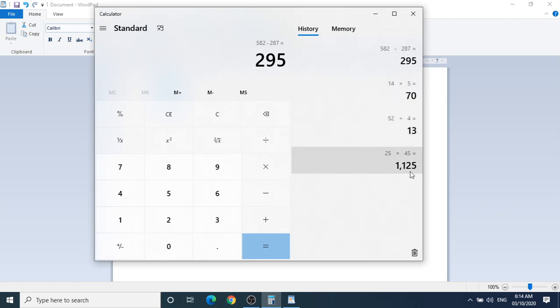You have to write the answer 1125 in number 1, then number 2 is 13, number 4 is 70, and number 5 is 295. But children, I would like you to first use the calculator, solve it, and then write in your textbook.